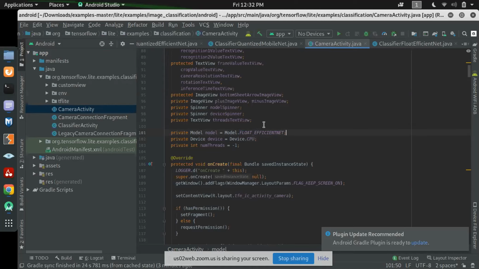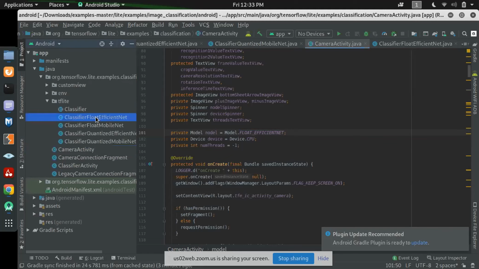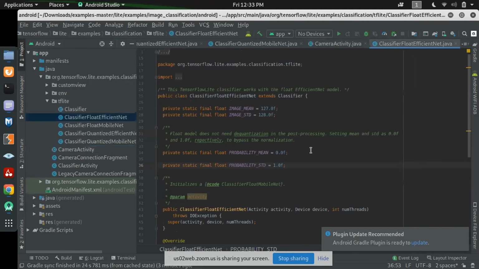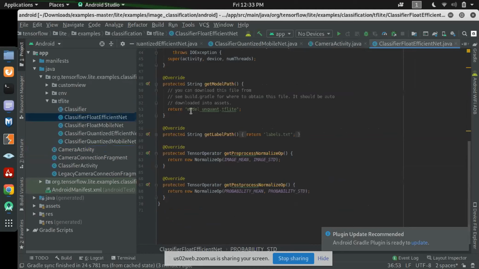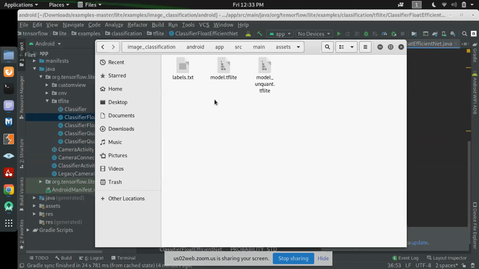And the second thing is, click here on tflite, and in this classifier float efficient net, there is a method called getModelPath. In that getModelPath, whatever may be there, you have to replace with model_unquant.tflite. I will show you the name. Yeah, here model_unquant.